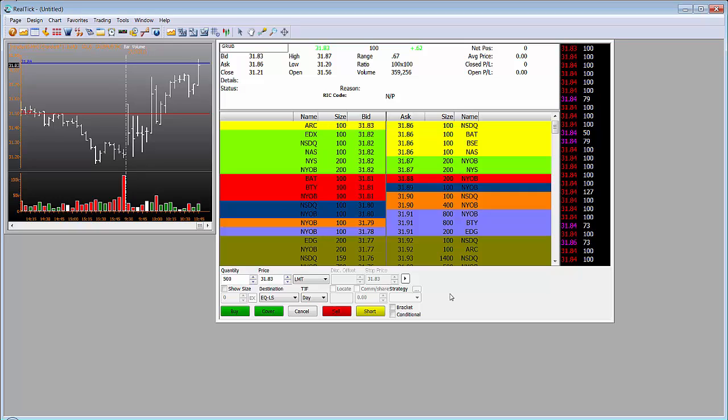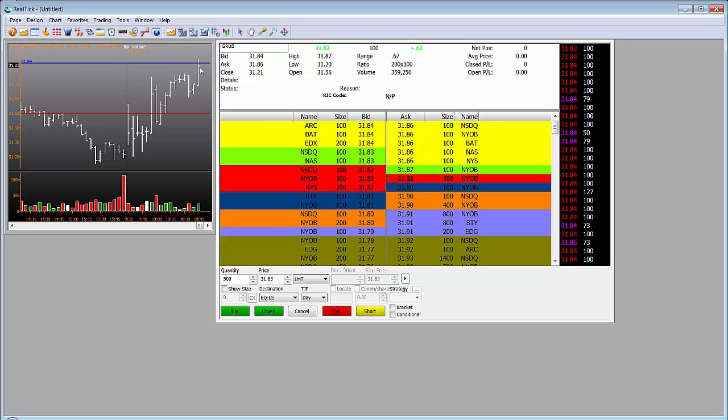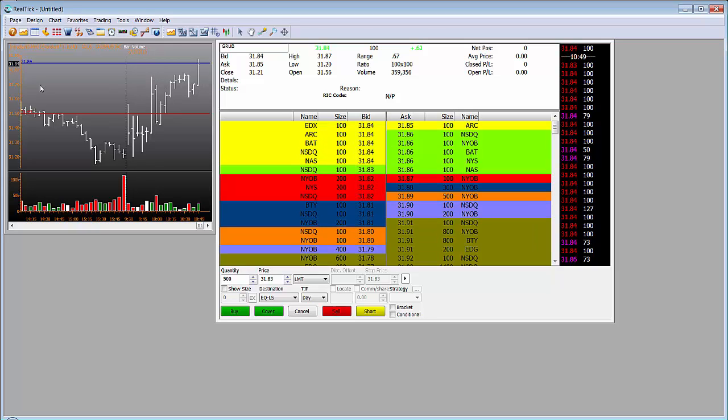But now let's say that we wanted to place an order using this order form. We could say, well, we want to short Grubhub if it comes down through 3184. It looks pretty strong today. Or let's say we want to pick it up on the long side. 3177 is a little high, but